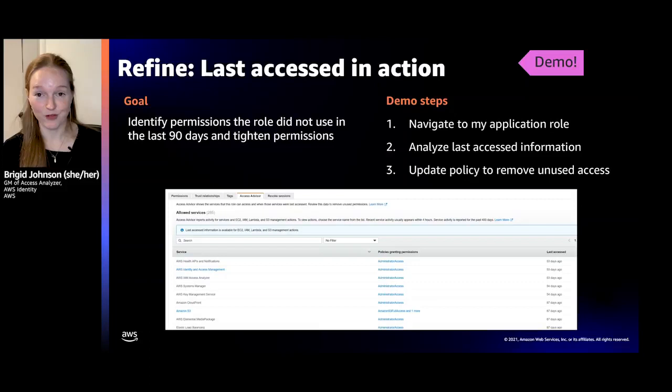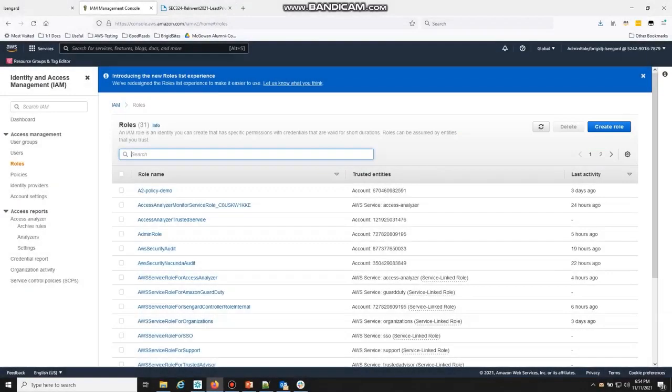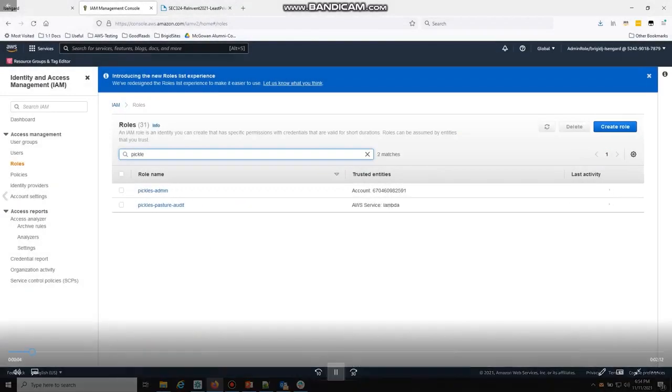I'll look at everything I've granted access to, and then I will remove access that I haven't used. And so let's go see it in action and look at that last accessed information. And here's our demo. Okay. And now I'm back in the IAM console, and I want to look at last access for this Pickles Pasture